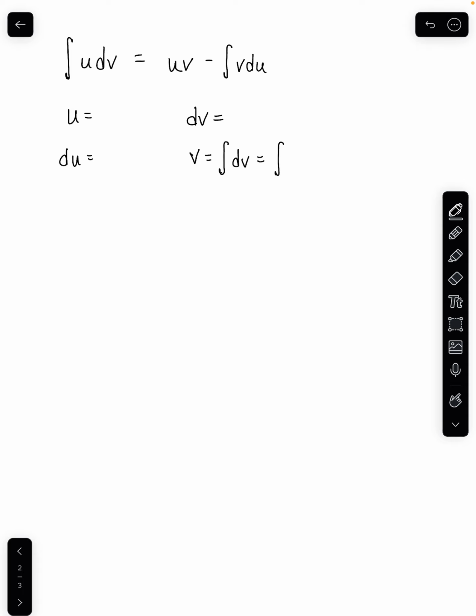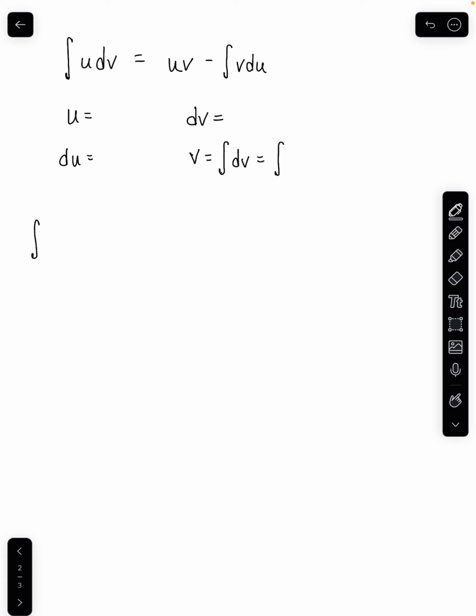How do we know which one's going to be which? Well, that's going to be different in every situation. But the basic rule is that you're supposed to make this simpler. You're supposed to end up with a simpler integral at the end than what you started with. To that end, we want to choose our u and dv so that they're going to become simpler. Or, in the worst case scenario, at least they don't get any more complicated. For example,